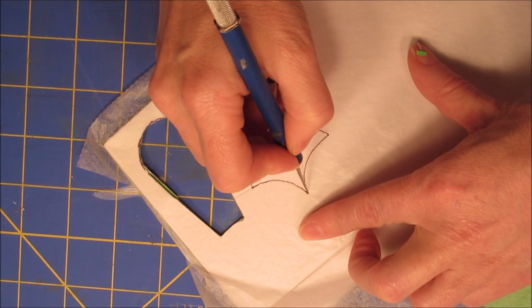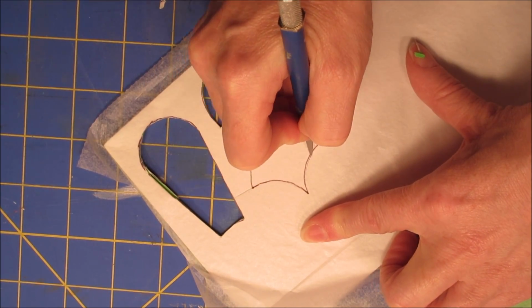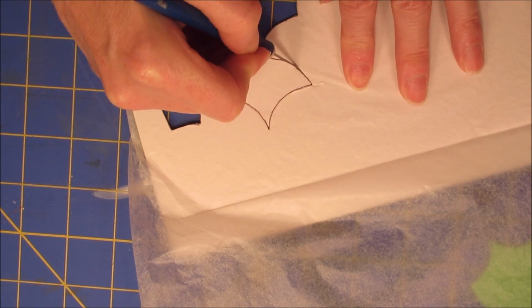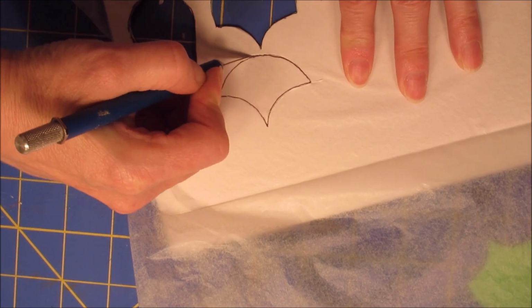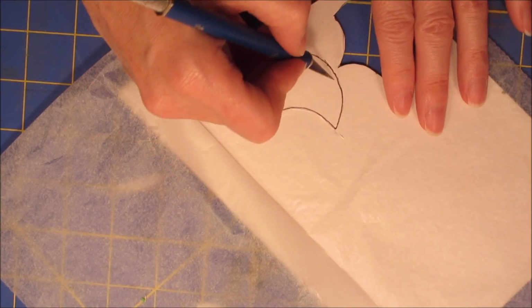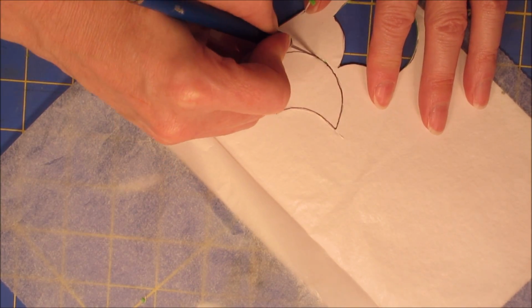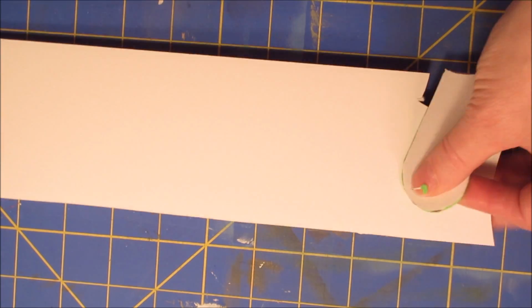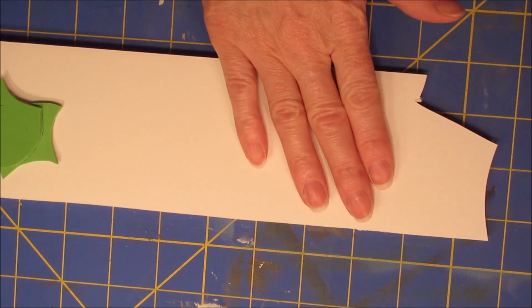Cut that out. Like so. Now I've got my three shapes. That was easy peasy. So the last part of this is I'm going to take my foam core